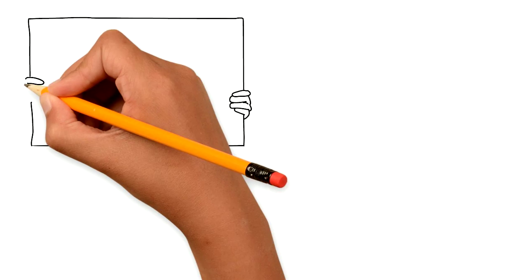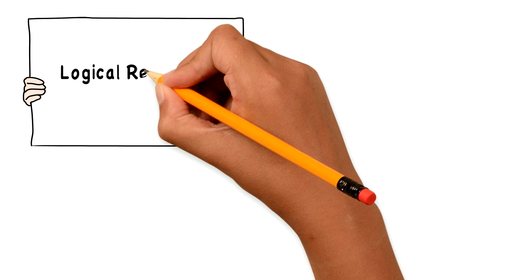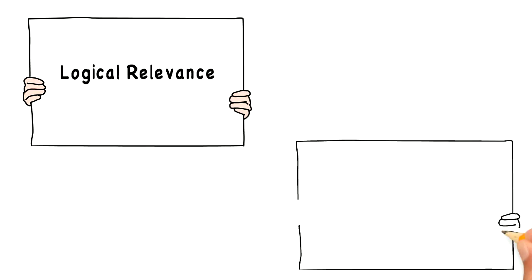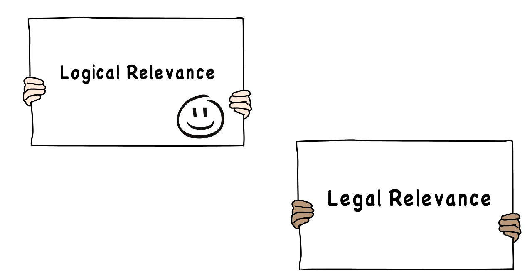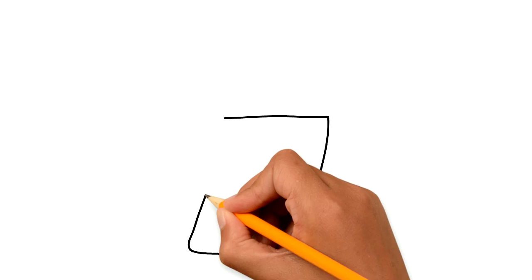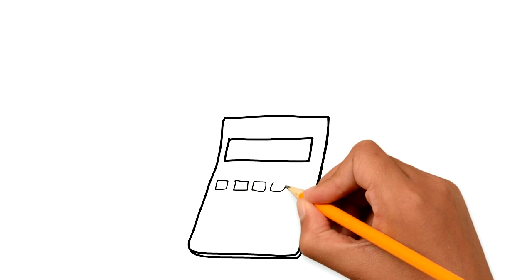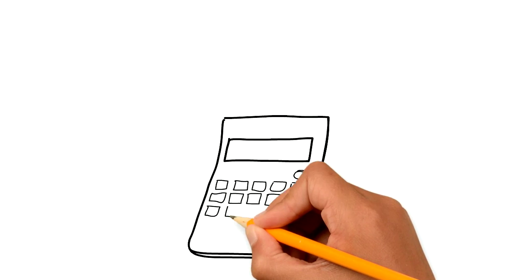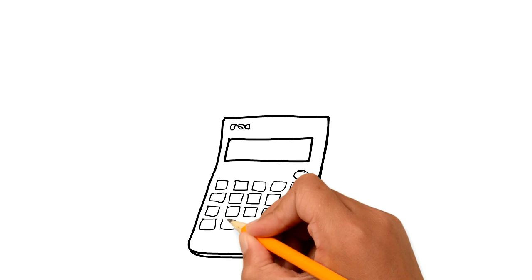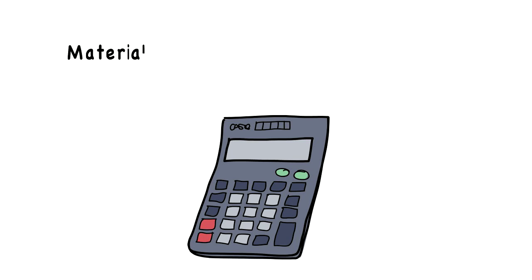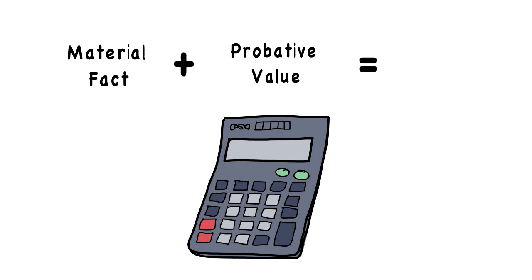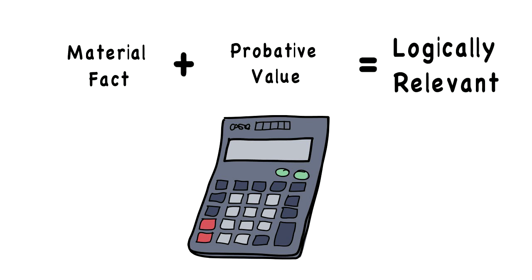There are actually two types of relevance. There's logical relevance on the one hand, and legal relevance on the other. Our first stop is logical relevance. In order to be admissible, all evidence must be logically relevant. This means that the evidence must tend to make an important fact, or what's called a material fact, more or less probable. Basically, evidence is logically relevant and has what's called probative value if it's more likely to prove or